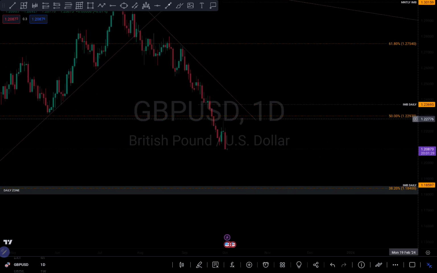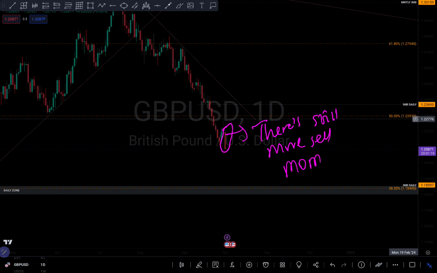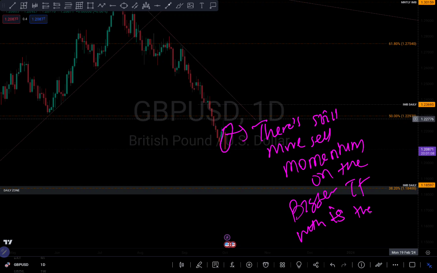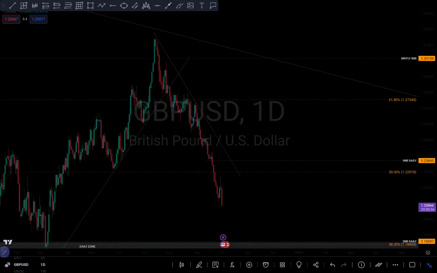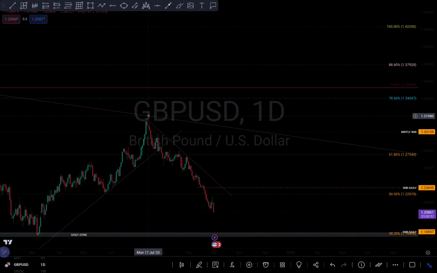This is a beautiful candle right here on a daily time frame. So there is still more sell momentum on the bigger time frame, which is the daily TF time frame. So this is our daily time frame, and this candlestick is beautiful. So it still shows there's still a momentum to push to the downside on GU, guys. So be expecting more push to the downside on GU